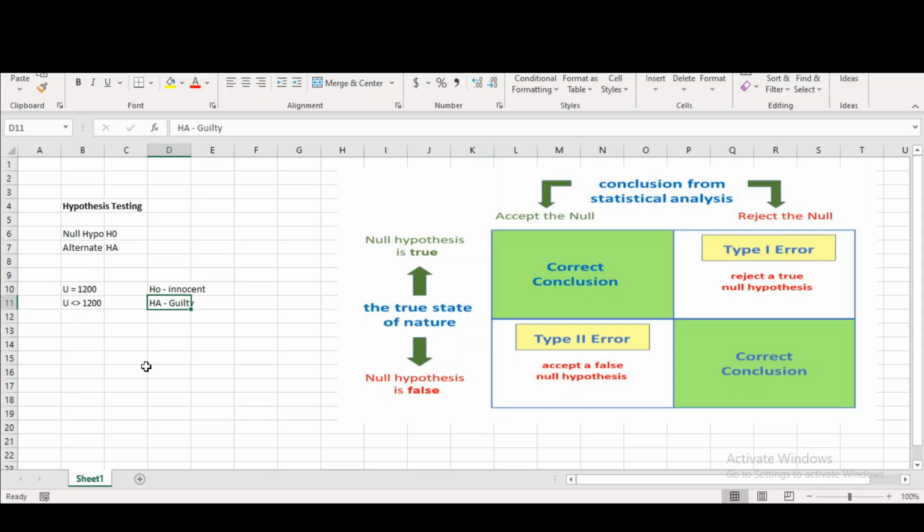In this video we have seen what hypothesis testing is, what the two types of hypothesis testing are, what errors can arise with hypothesis testing, and how we can implement hypothesis testing with the help of Python.